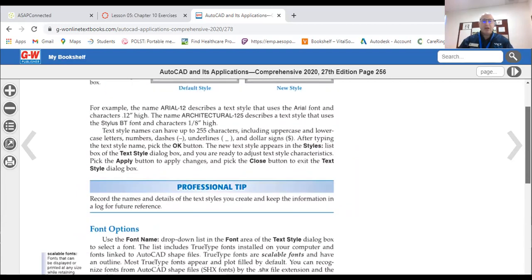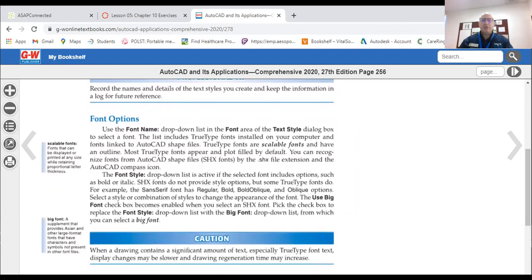So, and then there's font options. So there's two things with text styles. There's the text style name and the font that you assign to it. So let's jump into AutoCAD. And we'll go back to share. Go back to AutoCAD. Okay, now,